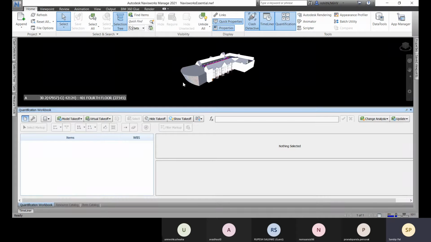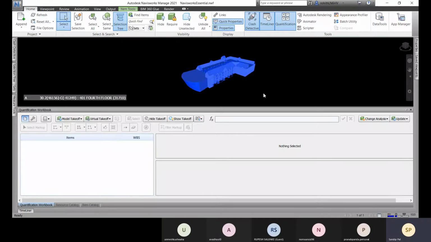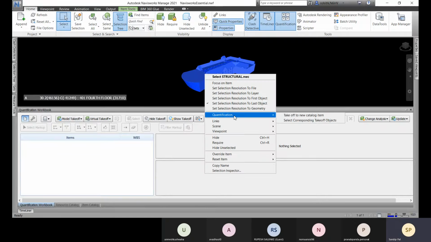And after that, what I'll do, I will select all these, go for this select box option, select, and then right click, go to quantification, then take off to new catalog item.